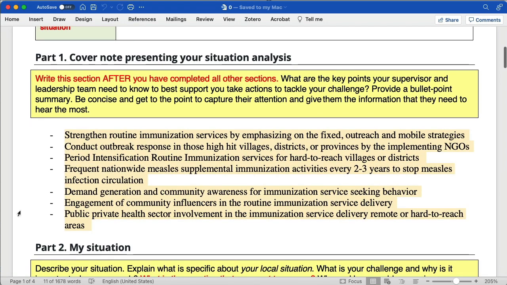I don't see the prioritization, which I think is the Achilles heel of this project. Conduct outbreak response in those high-hit villages. Yeah, so this is, again, summarizing the next steps, sure. But I would recap, basically in one sentence, the situation. There are measles outbreaks. There shouldn't be. There are suspected deaths. Second,